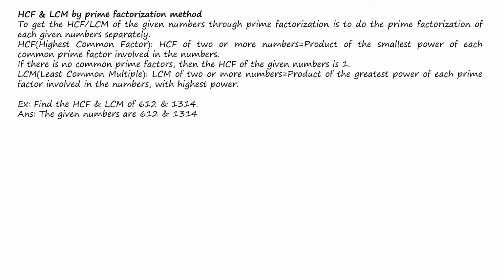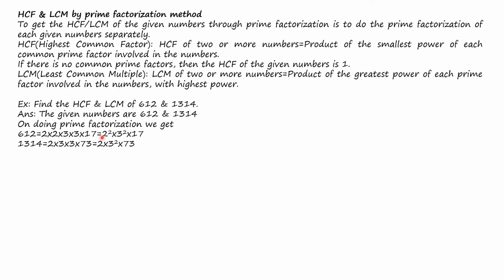So the given numbers are 612 and 1314. By doing prime factorization, we get 612 equals 2 square into 3 square into 17, and 1314 is equal to 2 into 3 square into 73. So here, if we take the common factors,